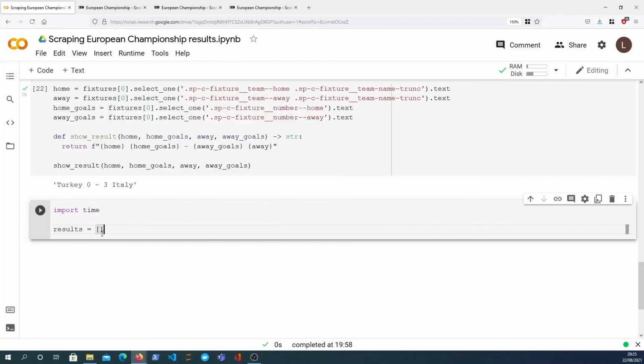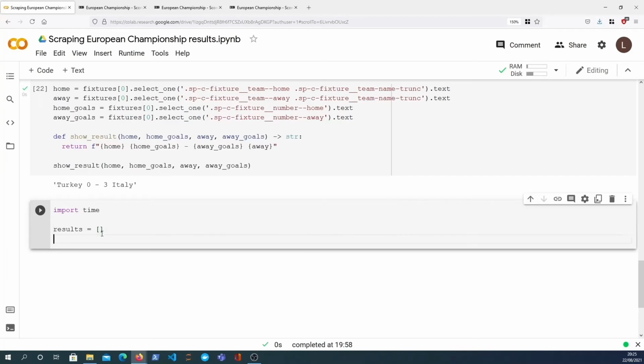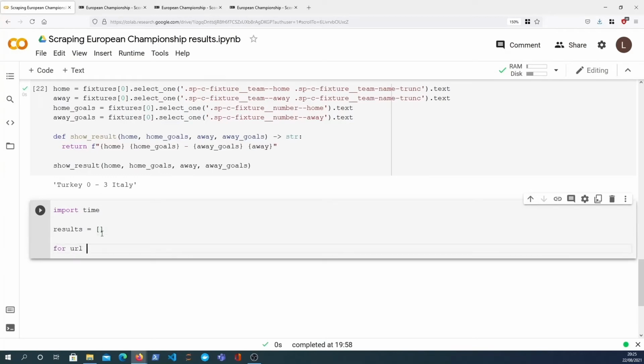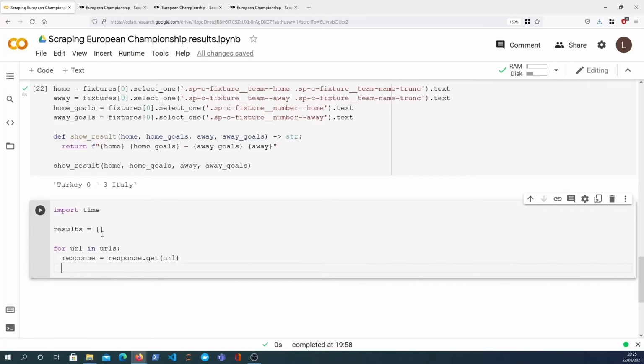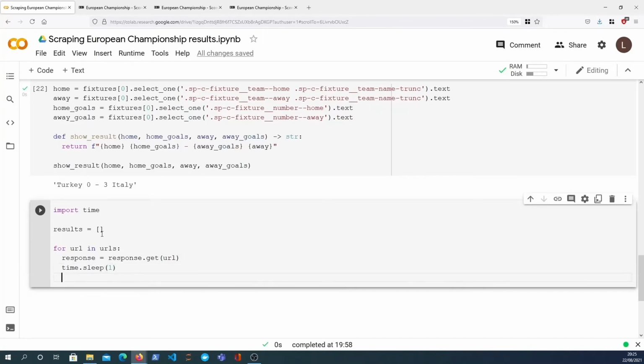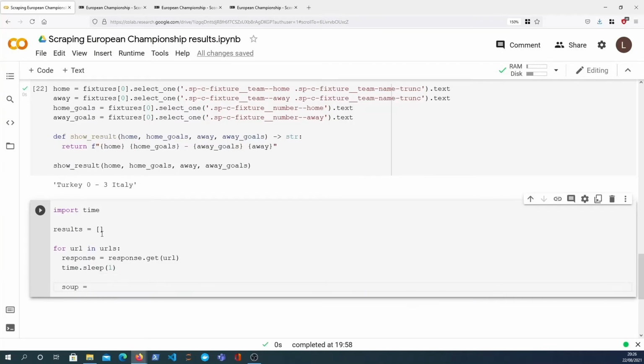I'm going to define the results array, which we're going to use to store all of the results, and then we can define our loop for URL in URLs. So again, we need to send a HTTP GET request to the URL in order to get the HTML document. Once we've done that request, we will sleep for 1 second, and we use the time.sleep function in order to do that. Once we've slept for a second, we will pass our response.text to the BeautifulSoup constructor,